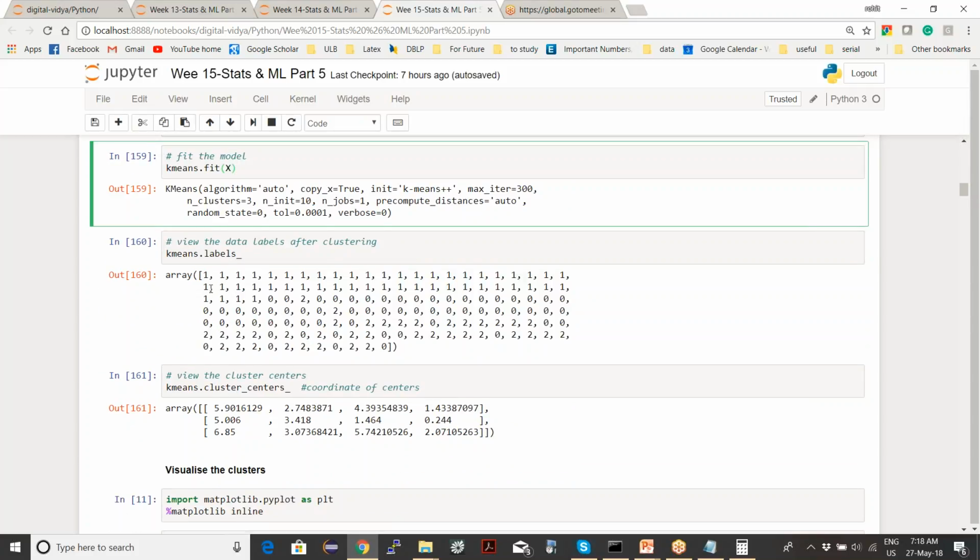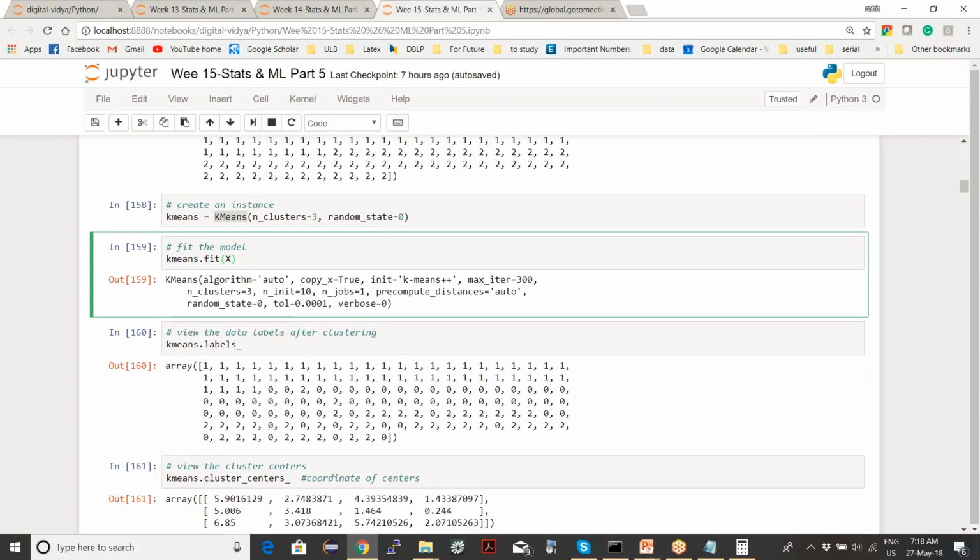Questions here in the code? Now here if you see, max iteration is 300, it is the default value. You can set your number of max iterations also. By default there are 300 iterations and then it stops if 300 iterations have been reached.